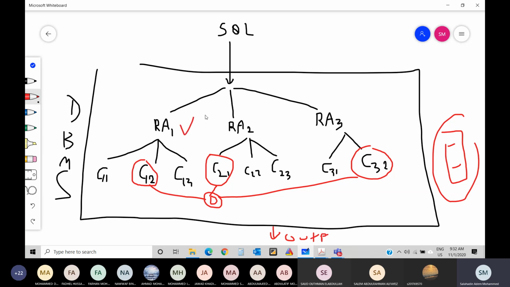So today I'm going to teach you relational algebras, these 3 and more. This is what I'm going to do. Do you have any question about where the relational algebra is used in an SQL statement, ya shabab?